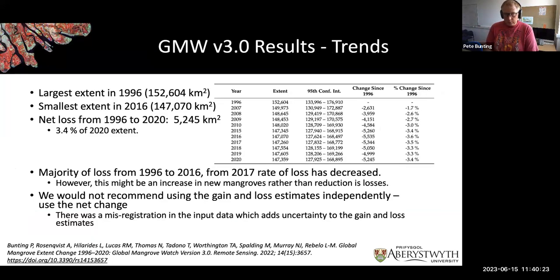Just some broad numbers. We mapped 152,000 square kilometers of mangroves in 96. That was decreasing through the time series, and up until about 2015 it was decreasing quite significantly. But in the last few years of the time series, we saw that the rate of mangrove loss slowed a bit. That gives us a total net loss between 96 and 2013 of about 3.4%, or about 5,000